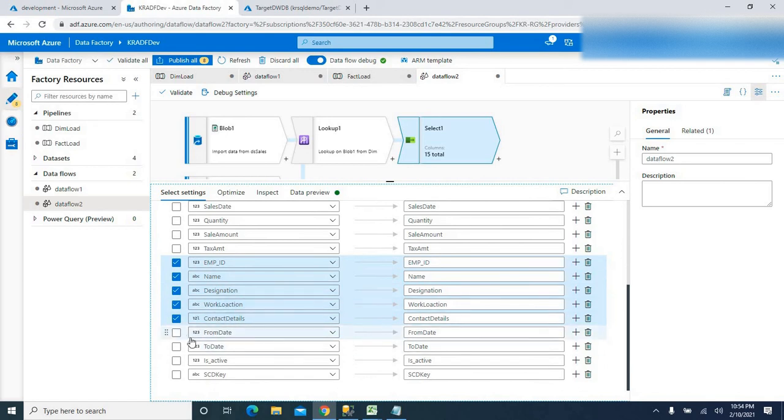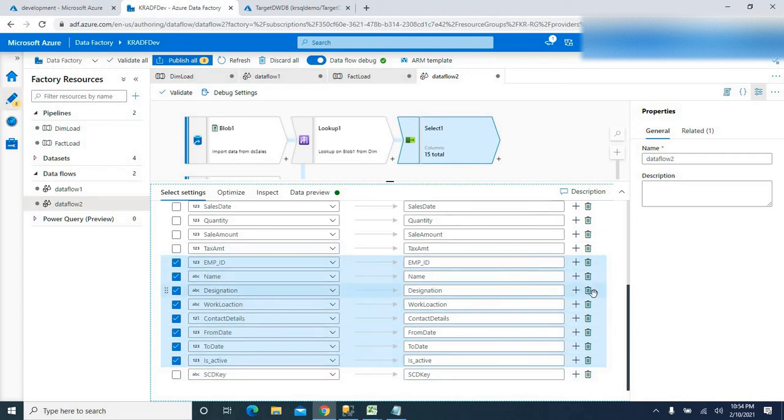If I want to generate the sales and tax by designation and name or work location, whatever it is, I can join to the dimension table and have aggregation done for these dimensions. All right, so I don't want even from date, to date, or is active. I want only the SCD key from the dimension table.